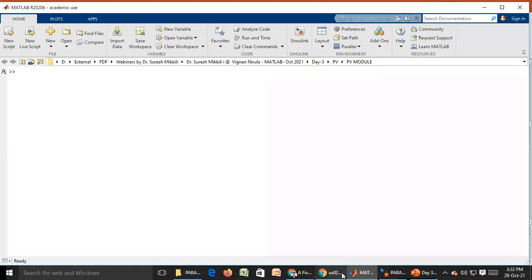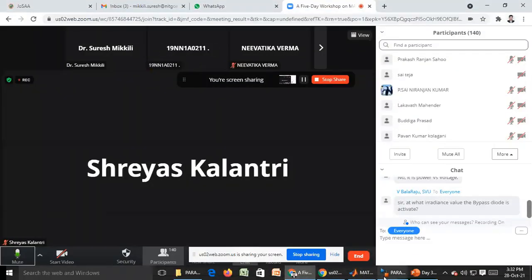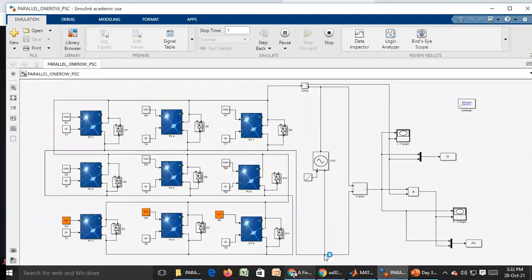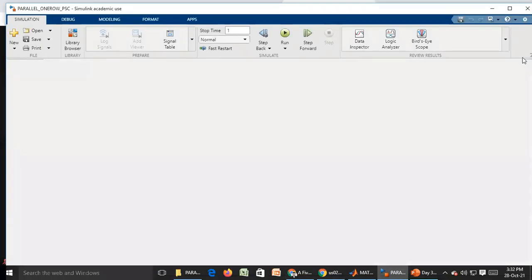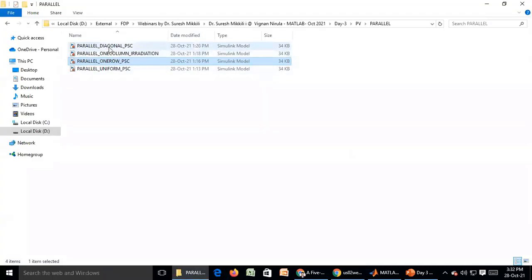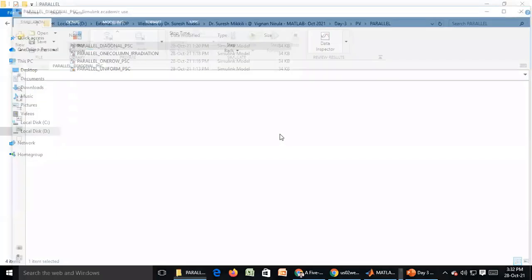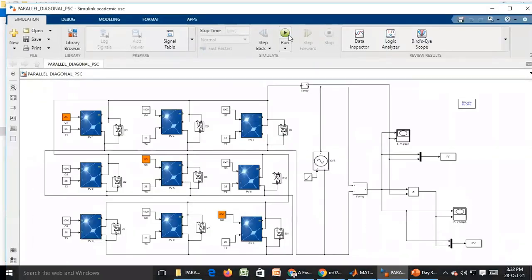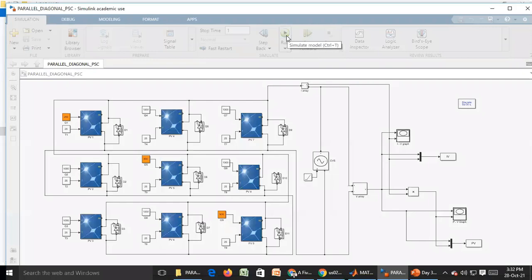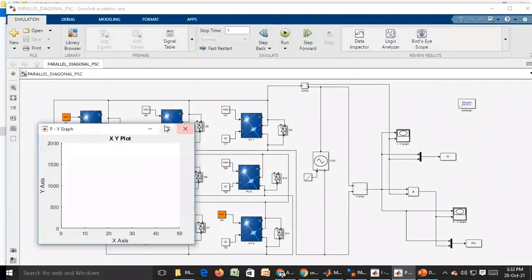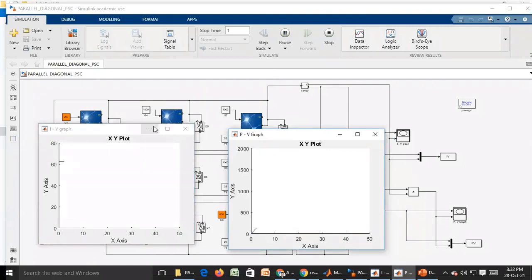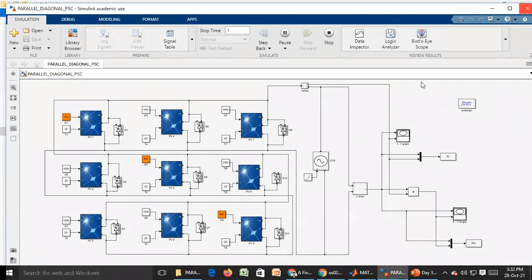So compared to the series, to improve the performance we will move to the series-parallel configuration. Even if you want the diagonal shading condition, I will show you. You will get the same, because you are testing I and V and P and V, power and voltage and current and voltage. So the parallel will be the same. Okay, time is running, so I'm moving on.